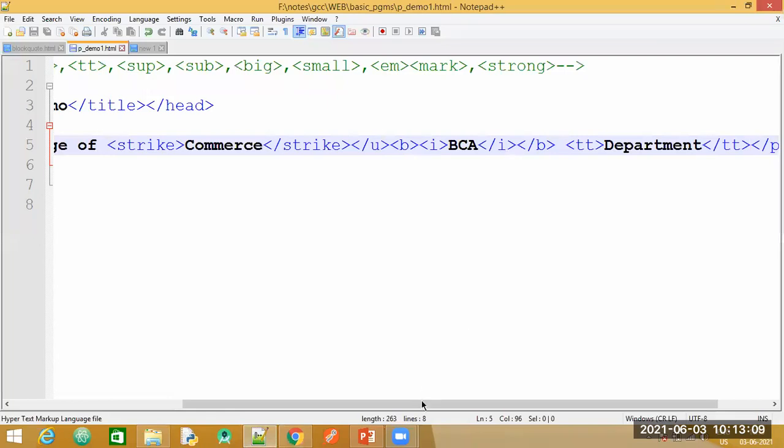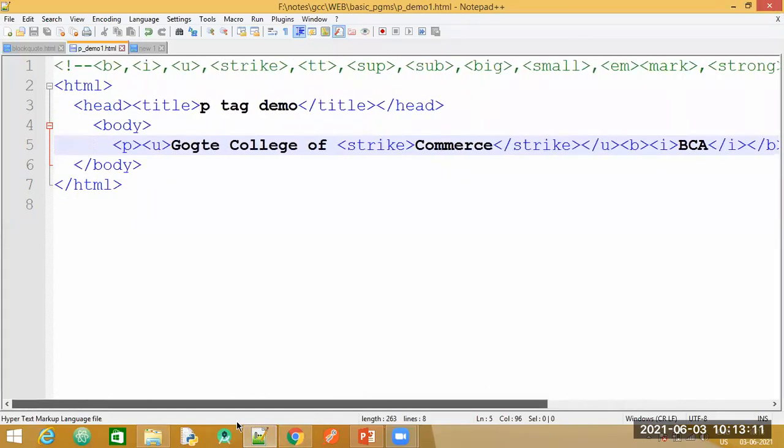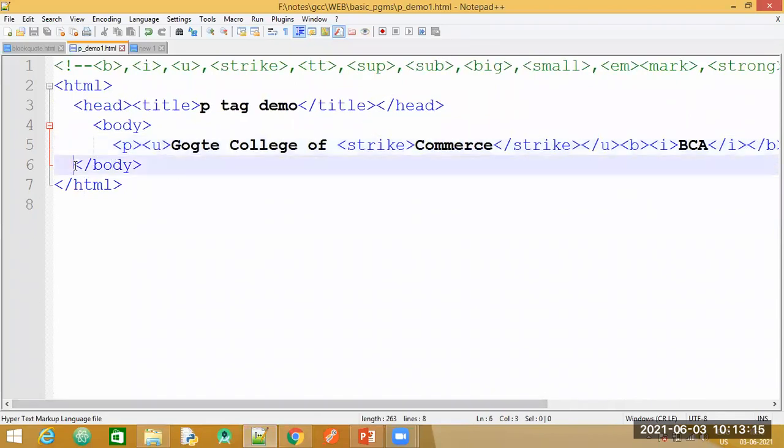Then let us try the next two, subscript and the superscript tags. So let me write it in the P tag. So let us try to write today's date.